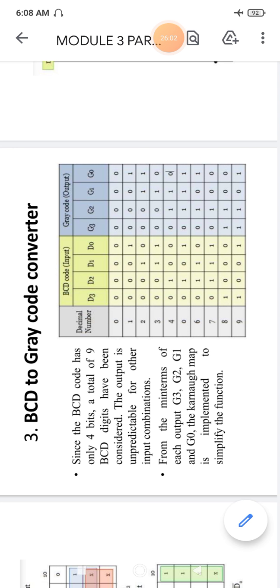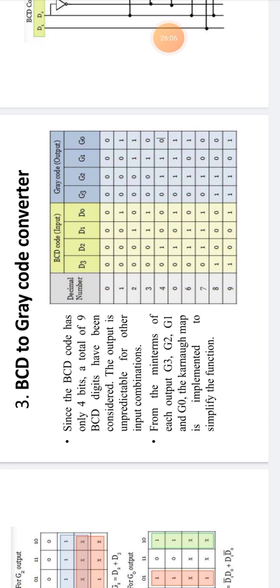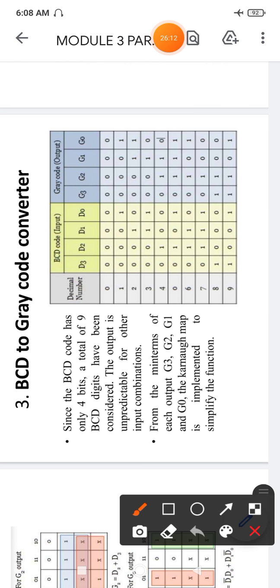So like this, similarly you need to write down the BCD code here, and you need to write down the gray code here. And then what do you do? Then you do the K mapping of